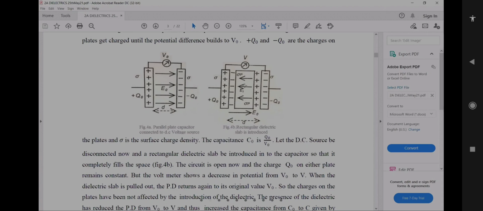Okay, so in the dielectric material, here you can see these are the positive charges accumulated on one side of the capacitor plate, and these are the negative charges accumulated on the other side of the capacitor plates. Okay, so these positive charges, in the molecule also, positive and negative charges are bound.